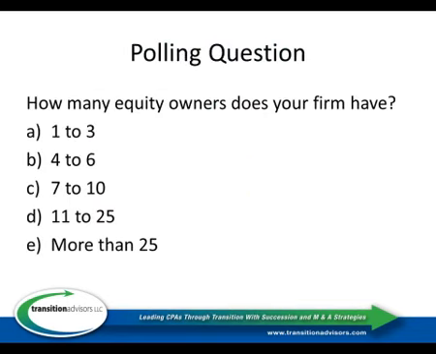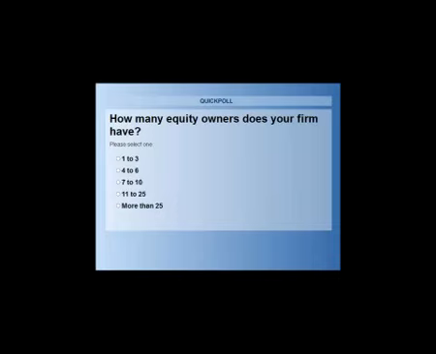So we're going to start off with a polling question so all of us get some idea of who's on the line. I'll turn it back to Nikki for just a second so we can answer this polling question. Our first polling question is, how many equity owners does your firm have? You can see the multiple choice options there, so just take a minute and select the one that is applicable to you. We'll leave the poll question open for about 30 seconds, and just keep in mind that you do need to answer all 3 of the polls in order to receive your CPE credit.